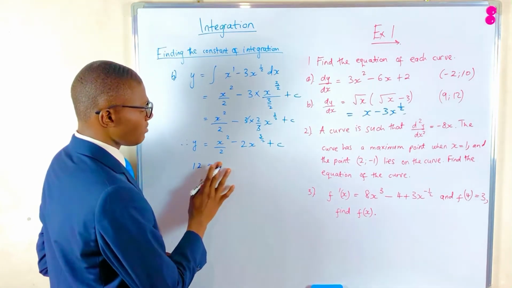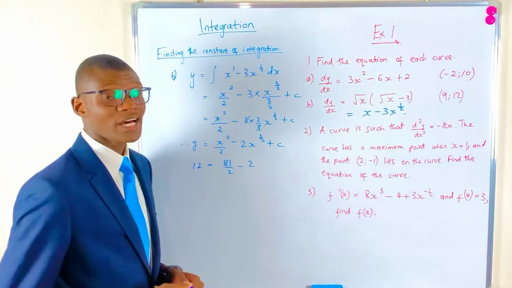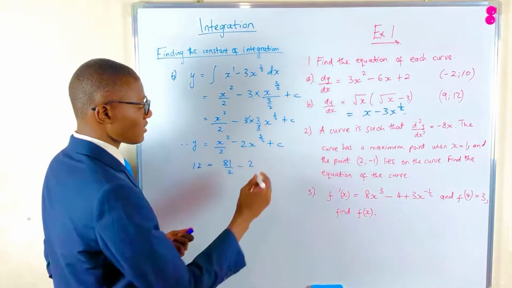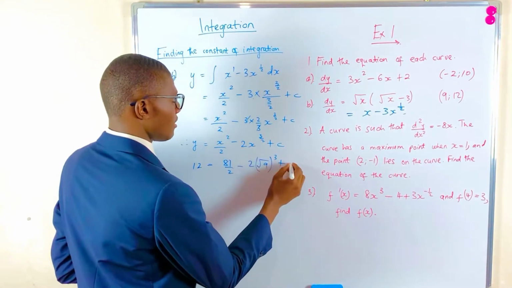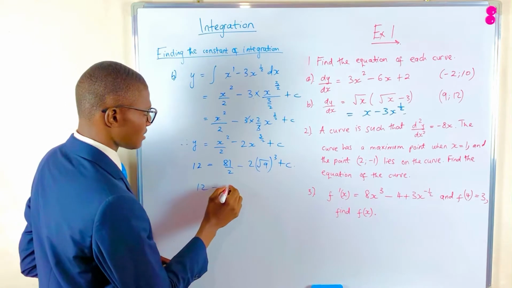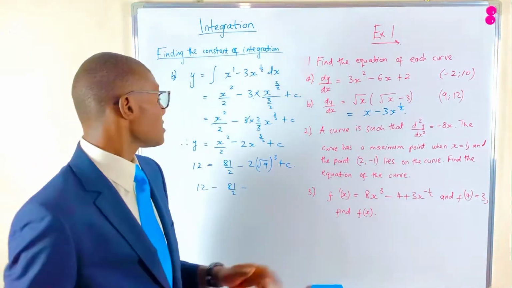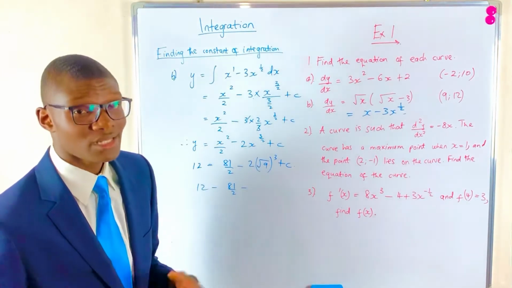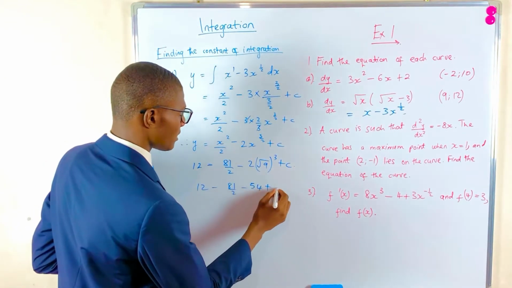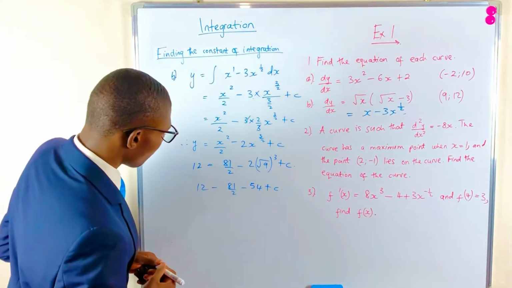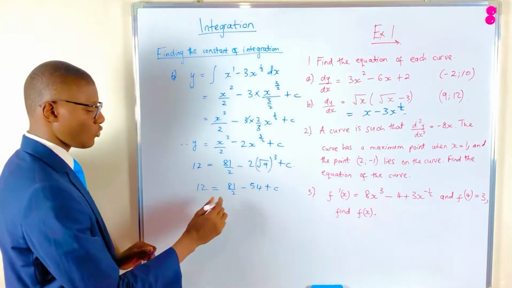9 squared being 81 over 2 minus 2 times the square root of x, we're saying root of 9, raised to the power of 3, plus c, which is 12. 81 over 2 minus root of 9 is 3. 3 to the power of 3 gives us 27 times 2, we get 54 plus c, right? And then of course, if we say this is an equal sign, 54 plus 12, we get